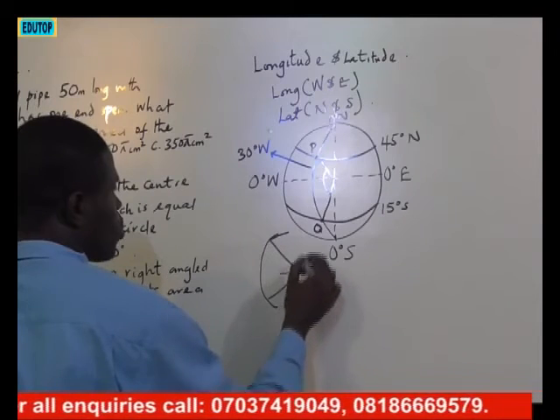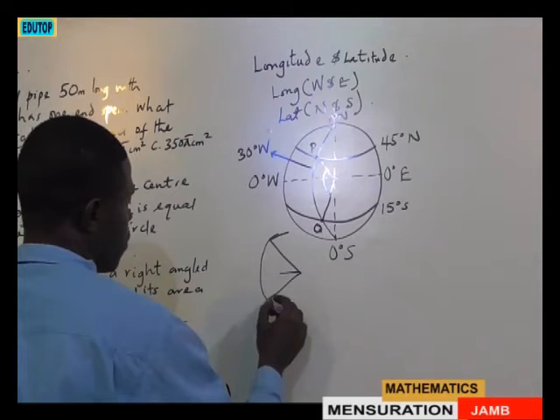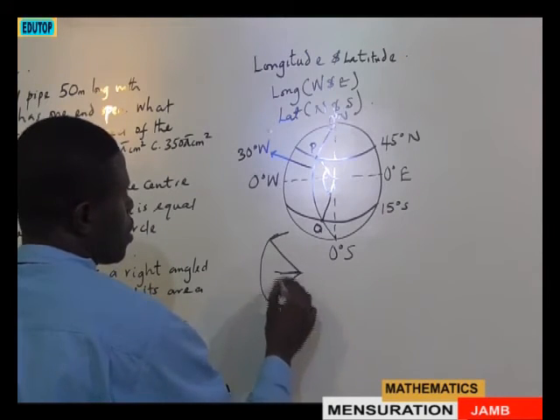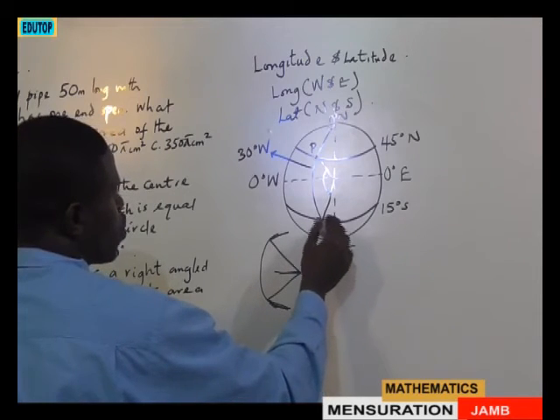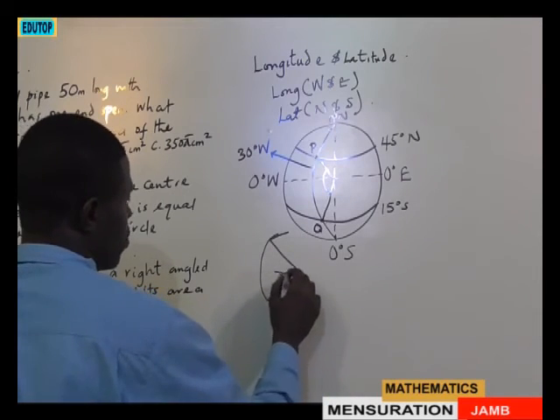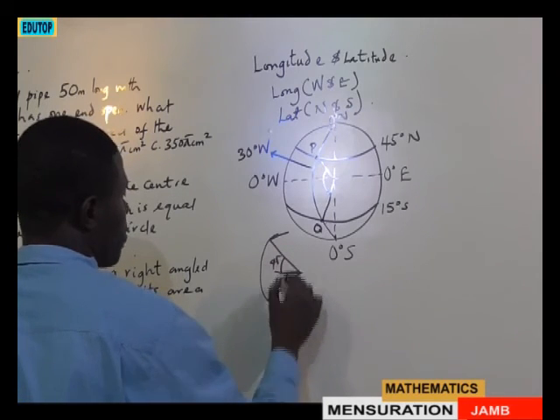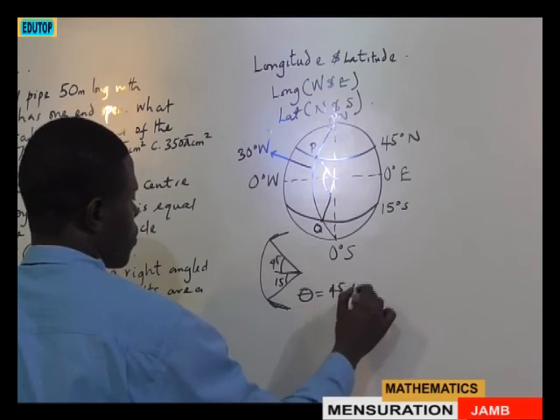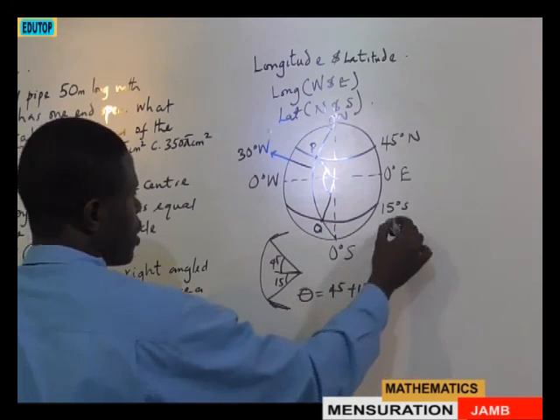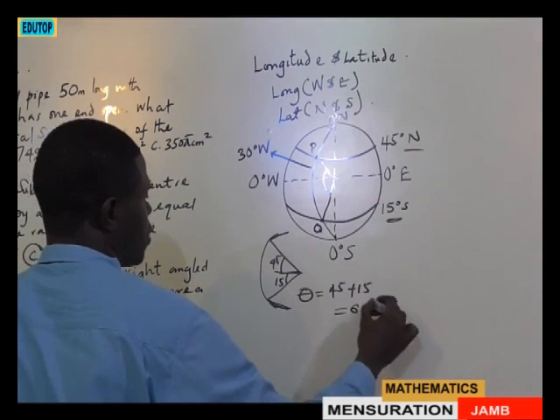So parallel of latitude, so automatically you're going to have what? Then you have the same thing here too. Z. So what is the angle here? So we have 15. So this will be 15 and this place will be what? 45. So that means our theta overall will be what? 45 plus 15. But they are in opposite direction and that will be what? 60 degrees. So we're going to